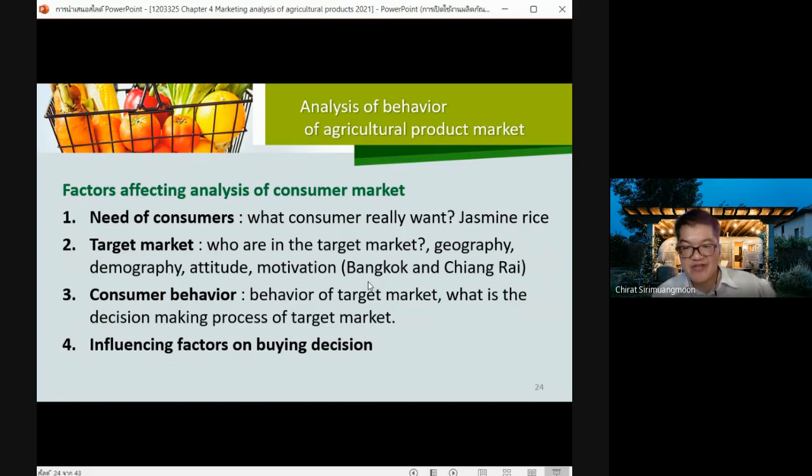Then consumer behaviors. You need to understand the behavior of the target market. What is the decision making of the target market? What is the factor that they think about the most, or what is the attitude behind that decision? And the last one, influencing factors on buying decision. These are other factors that might affect the buying decision. For example, you might think about